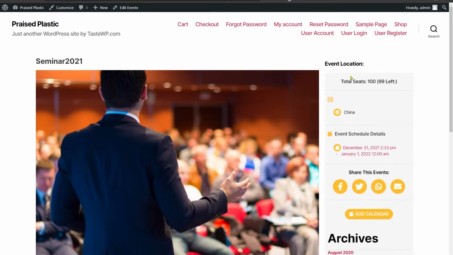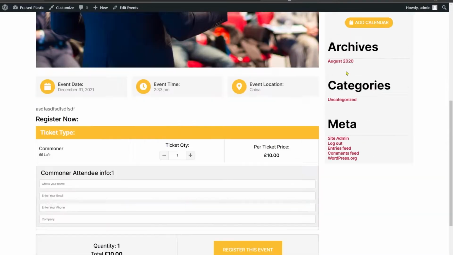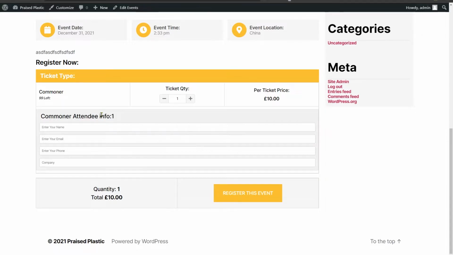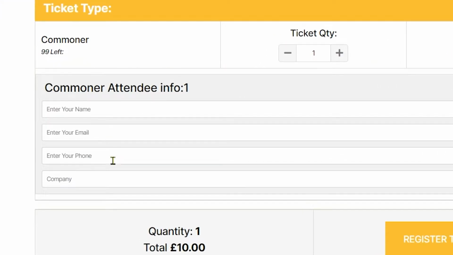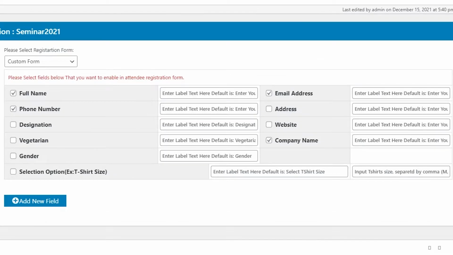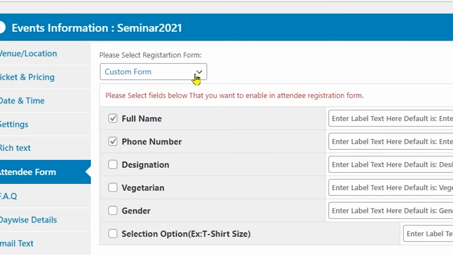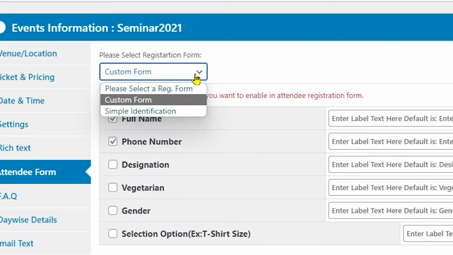So now if we head over to the front end page, scroll all the way to the bottom, the four options that we choose could be seen in here, which included name, email address, the phone number, and the company's name. Pretty awesome, right? Another great feature is this registration form drop-down menu, and using this you can use already